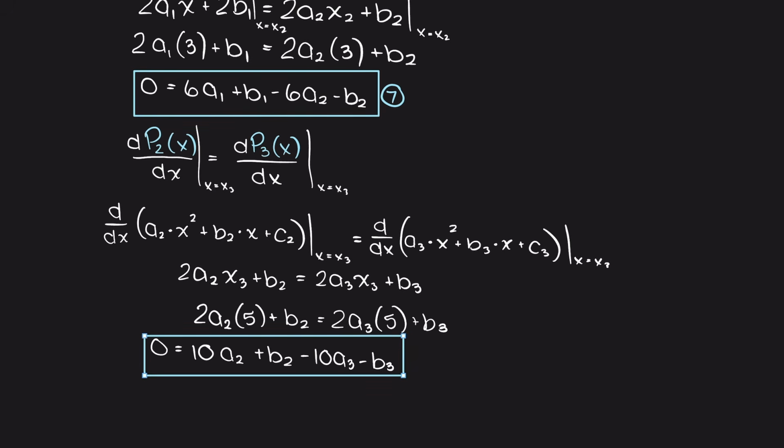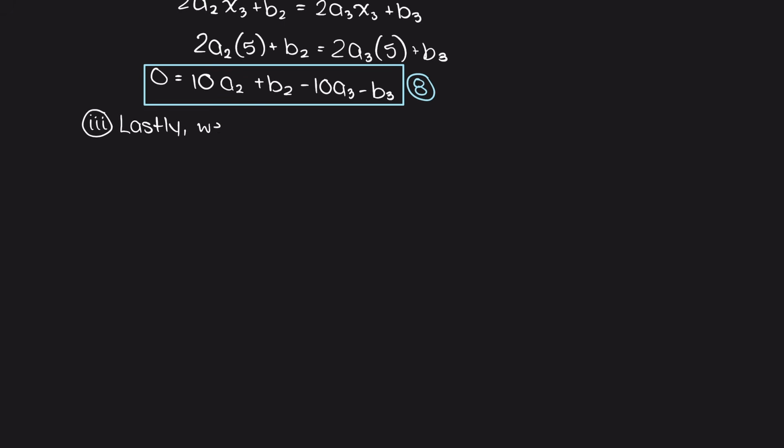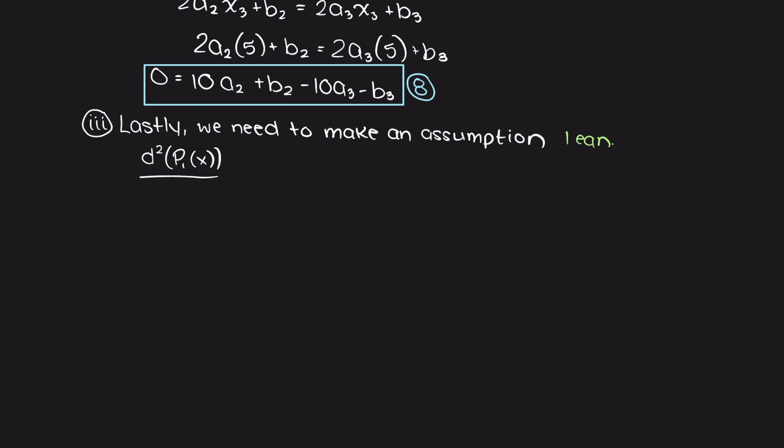And this results in the following equation. Now, as you can see, we have 8 equations. We are still missing an equation to solve for our 9 unknowns though. At this point, it is common to assume the first point's second derivative is equal to 0, and thereby assume